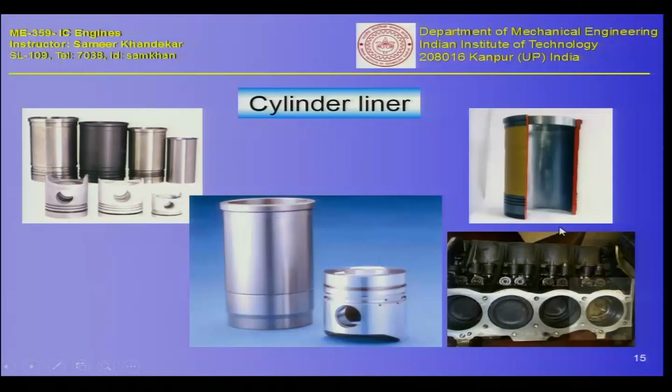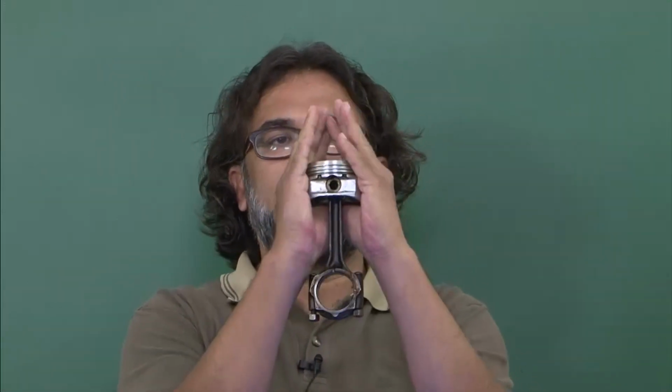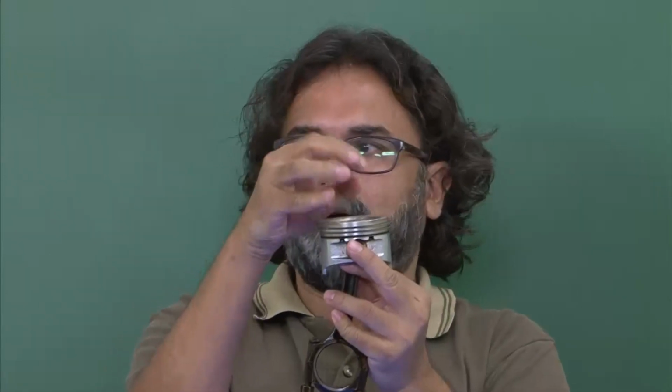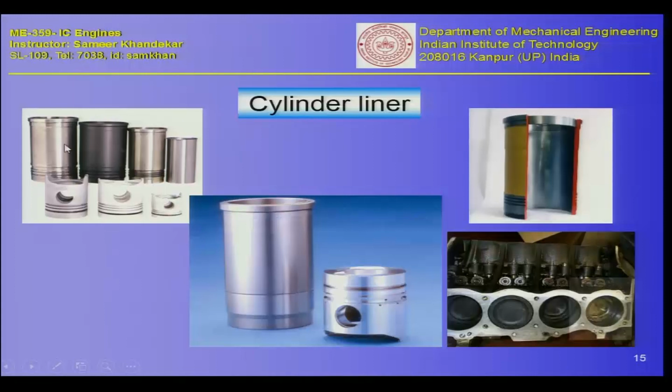Then what you have is the place where the piston actually goes inside the cylinder. So the cylinder covers the piston, and as I had made the drawing in one of these lectures, you have seen that this forms the combustion chamber on the top. Okay, so you can see the cylinder liners here. You can see several different types of cylinder liners, and you can see some pistons which will go inside these cylinder liners. So here you see a typical cylinder liner, and this piston with, you can see, the slots